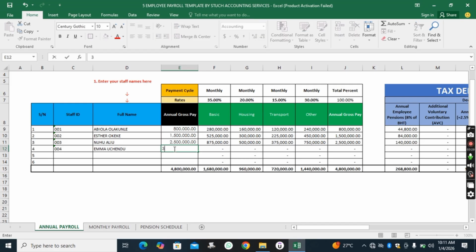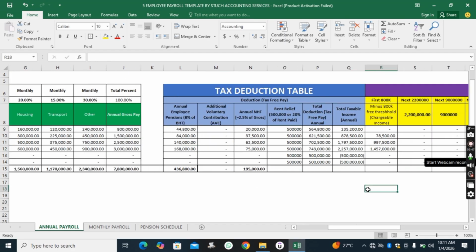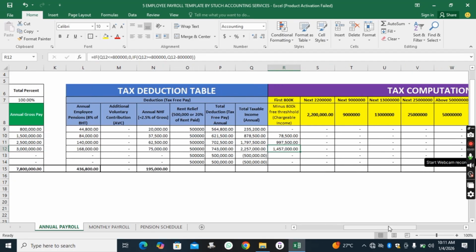All right, so let's go ahead. So let's say you pay me 3 million. Okay, how many of you would like to pay me 3 million? Is that 3 million that I entered or 30 million? Okay, that is 3 million. And immediately I enter the figure, you also see that the template went ahead to run all the calculations. You don't need to stress yourself. All you need to do is to input the figure and the template will automatically run all the calculations for